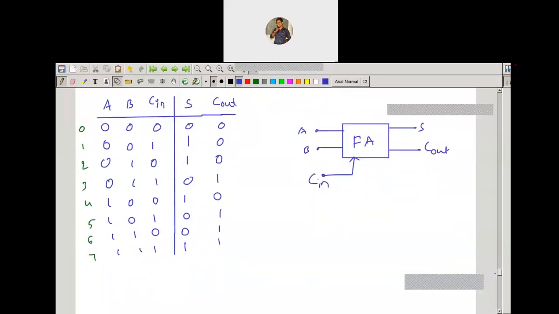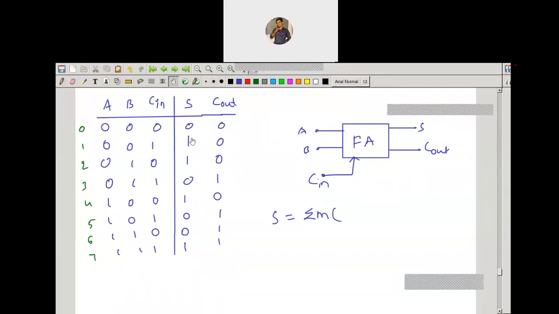Now let us go for the K-map minimization. So for sum, we can write it as the minterms of, you can take minterms or maxterms, it's your wish, but I will go with the SOP form. How many minterms are there in the sum?